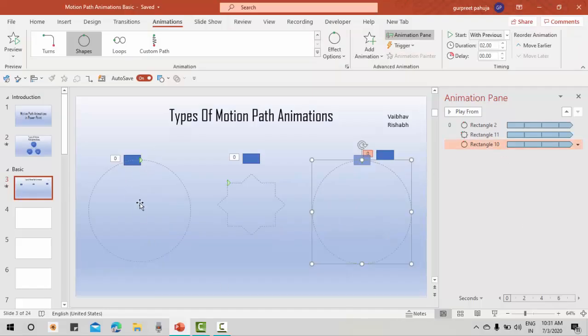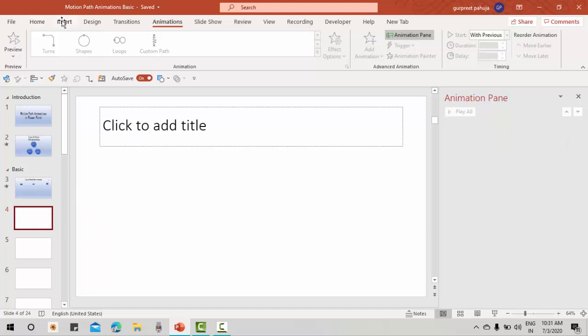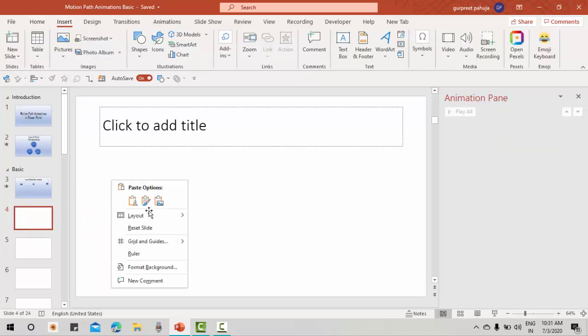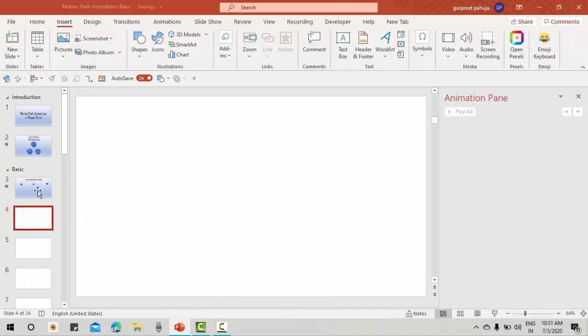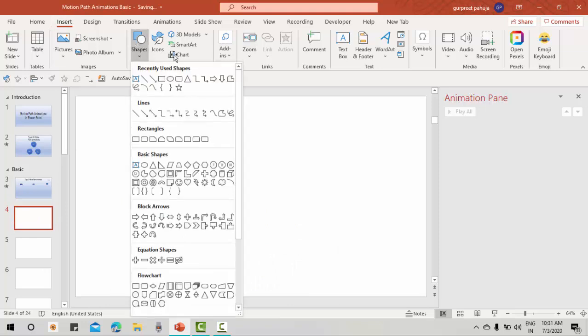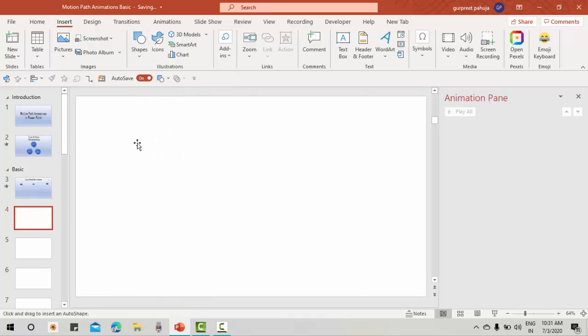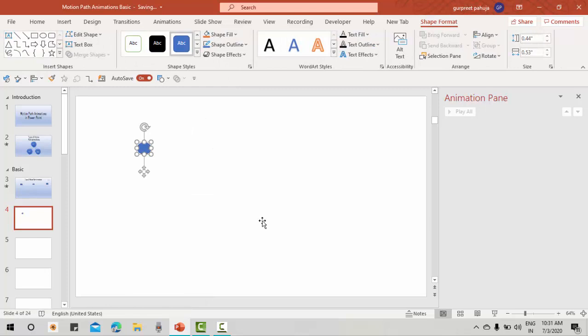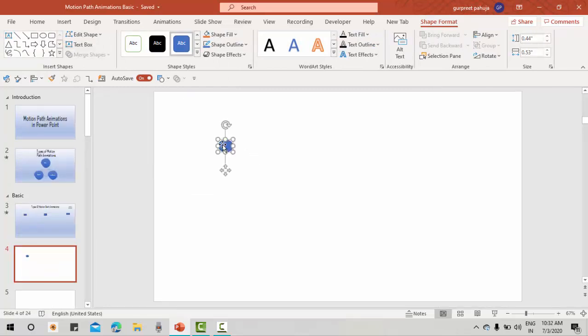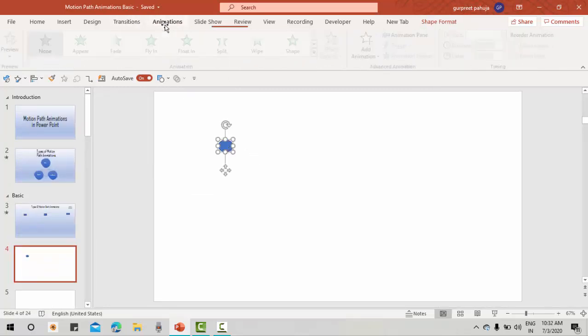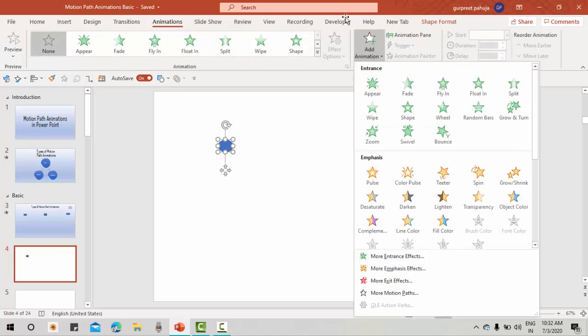Let us now learn some more motion path animations. Again, I will select a blank slide, select a shape, maybe a circle this time. Once we select the object, again we go to animations, add animation, more motion path.